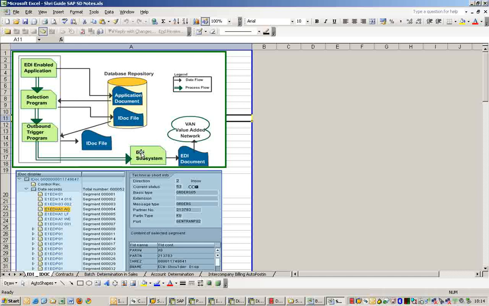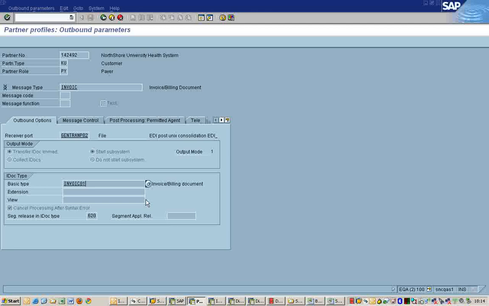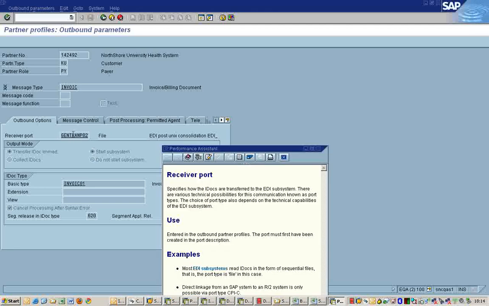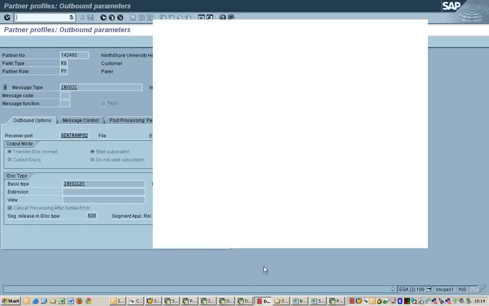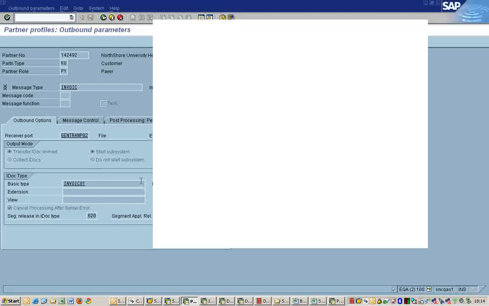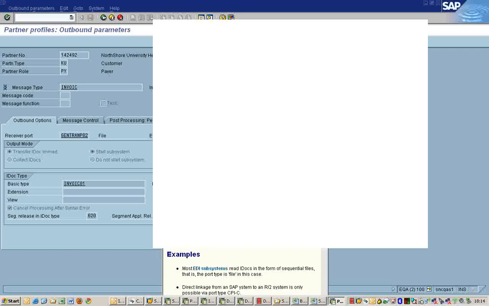It is a gateway for the outer world. This port number, port is how IDOCs are transferred to the EDI subsystem.